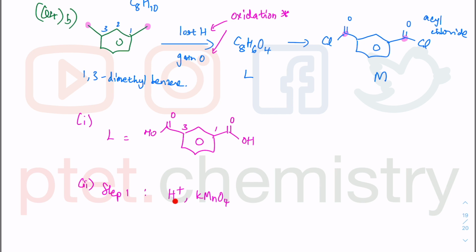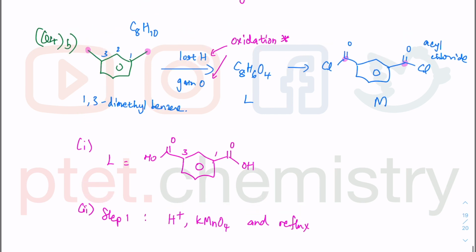Or you can say acidified MnO4 minus. Without the acid, it will not work and you have to reflux it. That is your oxidation reaction. In terms of going from here to here, this is similar to your AS level conversion of hydroxyl into